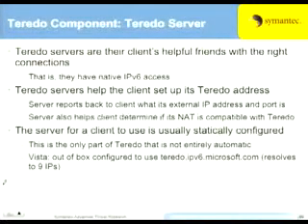Okay, now I'll go into how Teredo works. There's this Teredo component called a Teredo server. I'd like to say that they're the client's helpful friends with the right connections. It's always nice to have those kind of friends, right? In this case, these Teredo servers, in addition to having IPv4 access, also have native IPv6 access, so that they can help out in that way. The Teredo servers can help the client set up its address, the Teredo address,